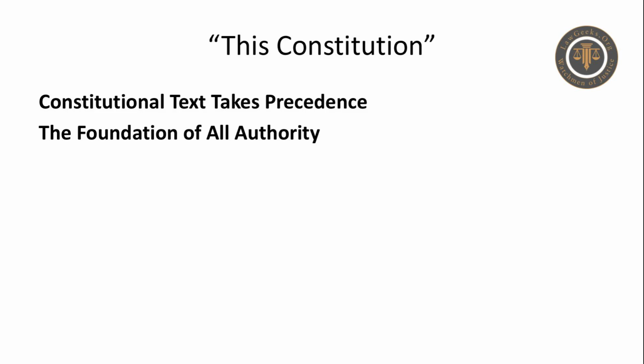what does the Constitution itself say? Does it grant this power? Does it limit this power? Does it protect individual rights against this power? "This Constitution" reminds us that the document itself, not the preferences or opinions of government officials, controls. Government officials take oaths to support and defend the Constitution, not to support and defend their own authority claims or their agency's preferred policies. When you see "This Constitution" at the start of the Supremacy Clause, remember, everything that follows